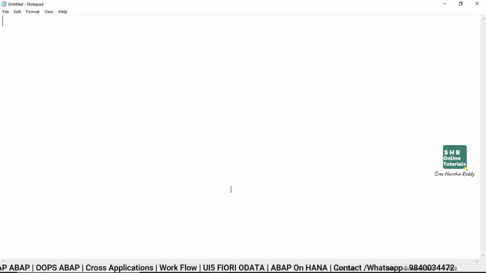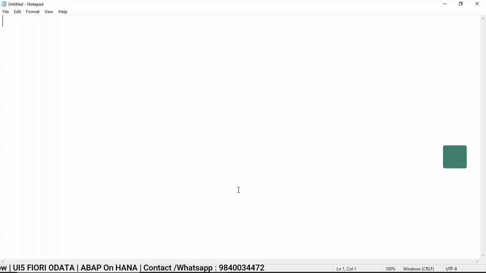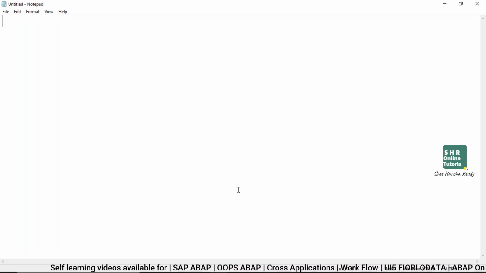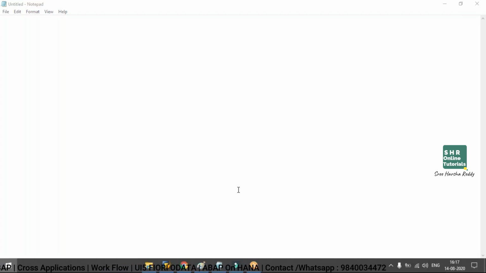I'm going to show one debugging tip for you. It may be helpful for wrappers or functions. That is, sometimes, maybe due to an incorrect entry in a database table, if you try to access a table without having a maintenance view, we are not able to create, edit, or delete a database record. So in these cases, we can use this debugging trick.